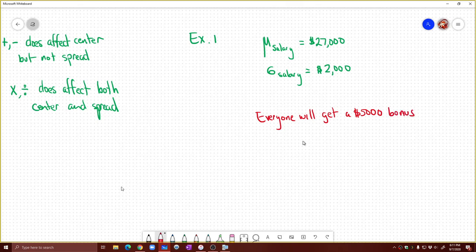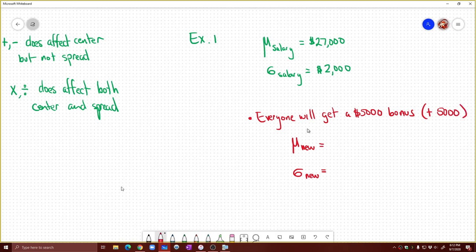So now, if I do that, what would now be the new average salary at the company and the standard deviation for that average salary? So now I'm going to say the new mean and the new standard deviation. Okay, so what am I doing here? Well, I'm just going to give everybody an extra $5,000. So I'm going to add